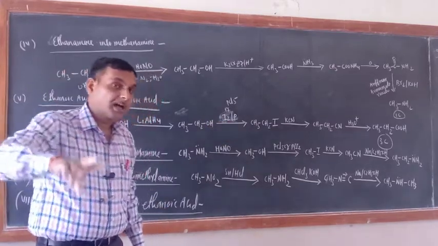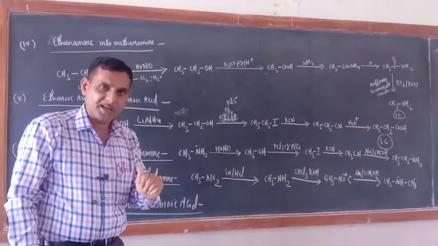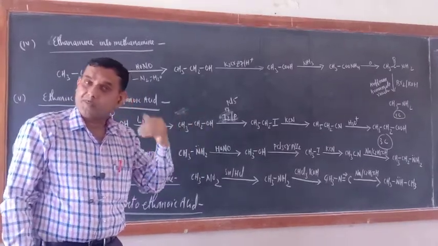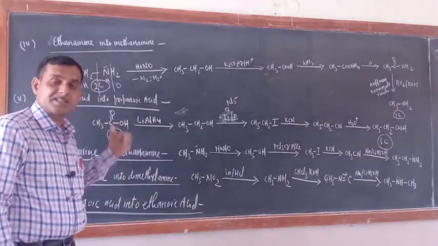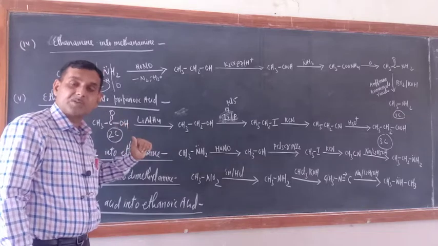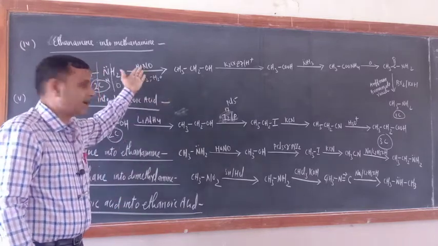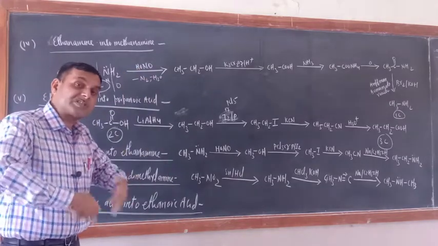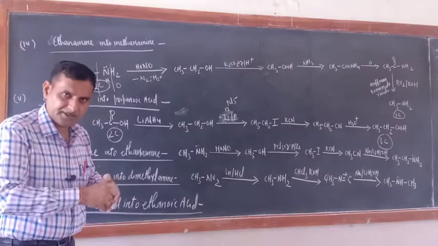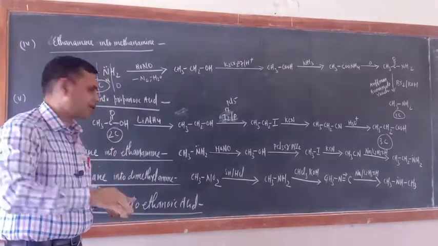Remember, alkyl halide you can obtain from alcohol. Okay, and from where can you obtain the alcohol? It depends upon which is the starting material. Which is the starting material? If it is carboxylic acid, then reduction. If it is amine, then its reaction with HONO. Correct or not? It depends upon which is the starting material. Okay, that only. See, conversions you can only solve when you are thorough with organic chemistry.